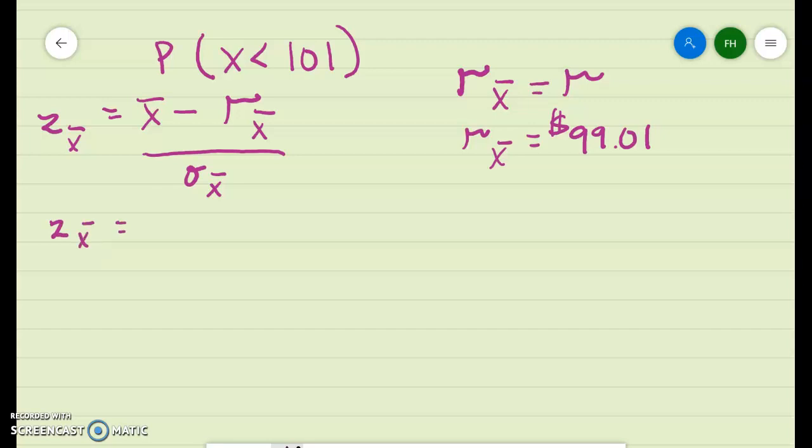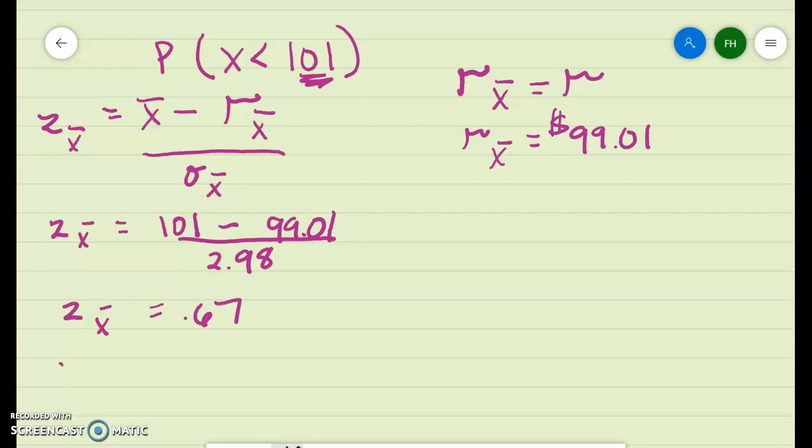So we know that our mean that we're looking at is 101 minus 99.01, divided by our standard error, which we found in the first part, which is 2.98. And we're rounding to the second decimal place. So we want the z-score, the probability that x is less than 101, or the probability that z is less than